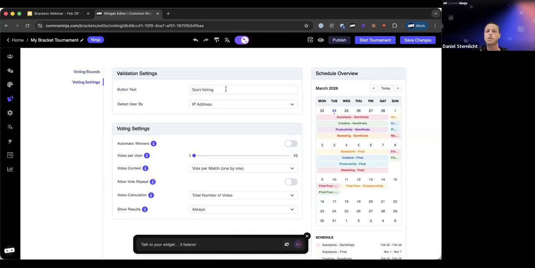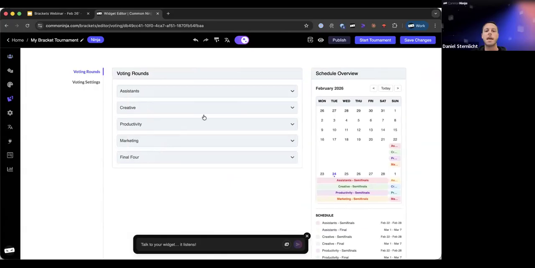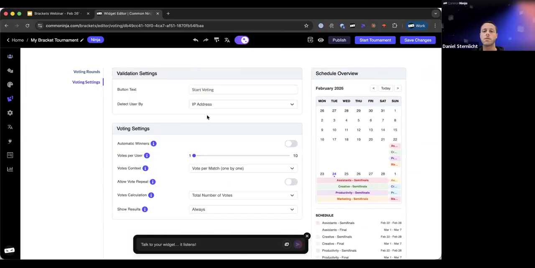So here you have some basic settings like the button text, what will be written on this button. And the most important setting is probably this one, where you can make the bracket become a lead generation tool.